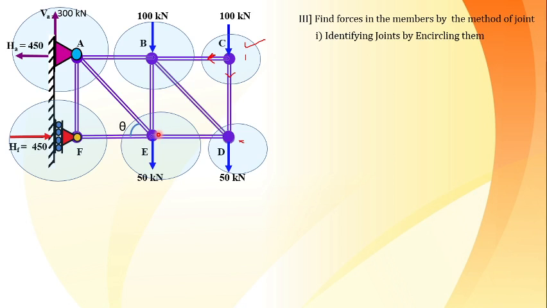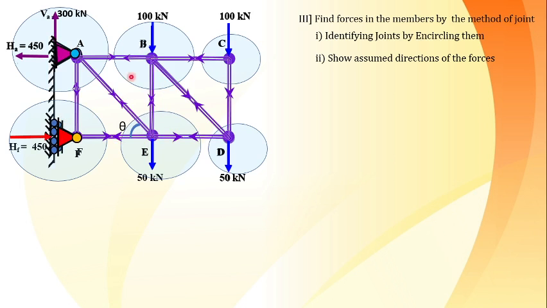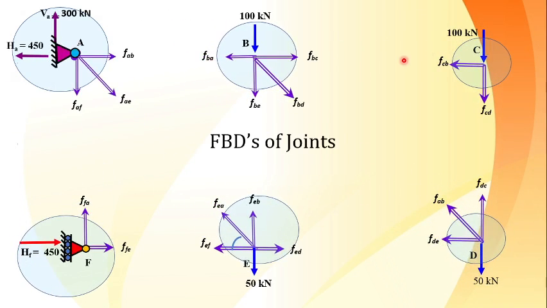So let us draw that particular free body diagram. Initially, for the sake of one-time analysis for the slide, in this particular encircled part only, I am going to identify the directions of the forces. So you can see I am going to assume the directions. I have assumed the direction of all the members, though I know I have to start only with joint C and joint F. Is that okay? Now first of all I will explore this whole figure and show all the forces. This may be very useful for you people to understand.